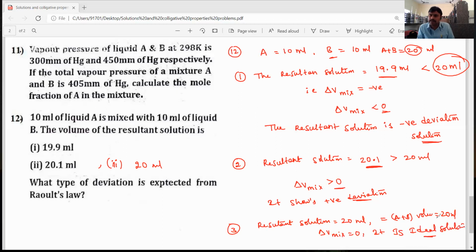Okay, students, you have to remember these conditions. These conditions are very important for board examination as well as objective examinations. These are some important conceptual and numerical questions for board examination, and somewhat tougher questions are asked in the NEET and JEE examinations. I will do those NEET and JEE questions also.